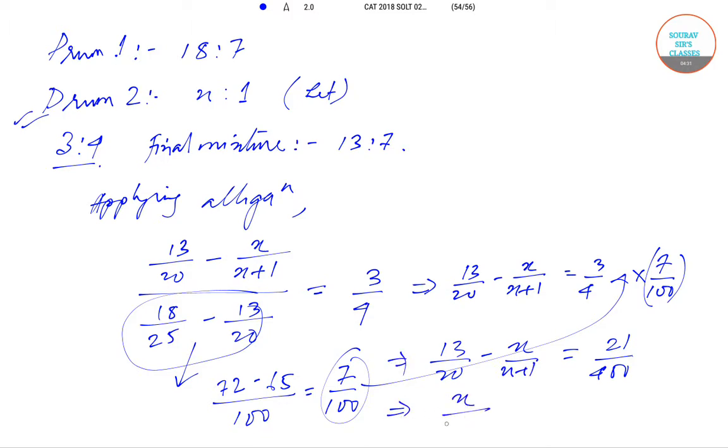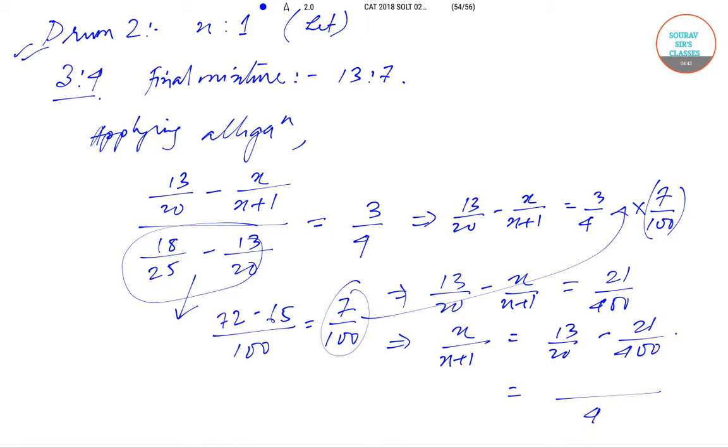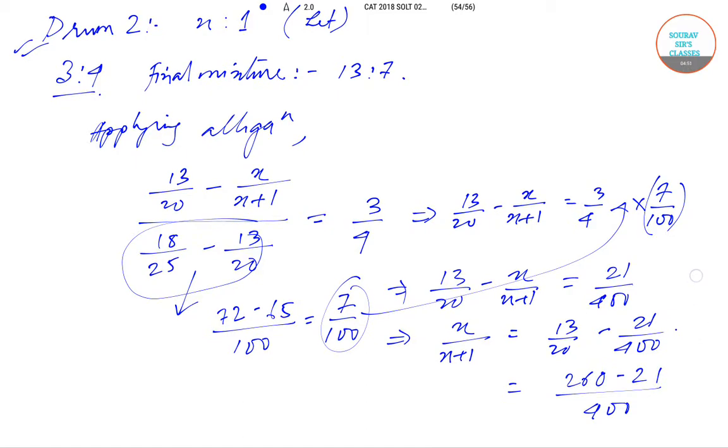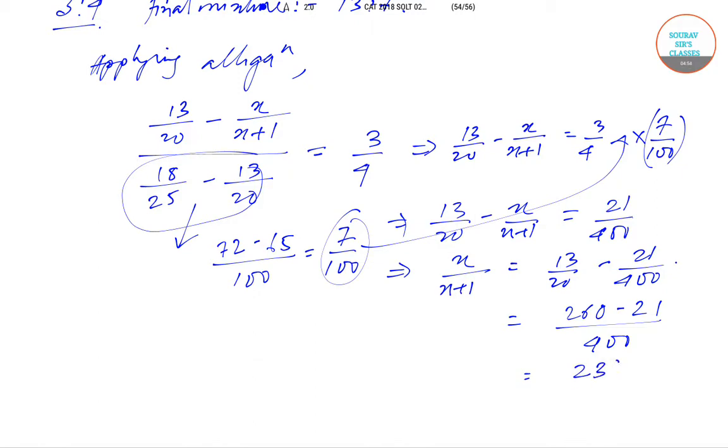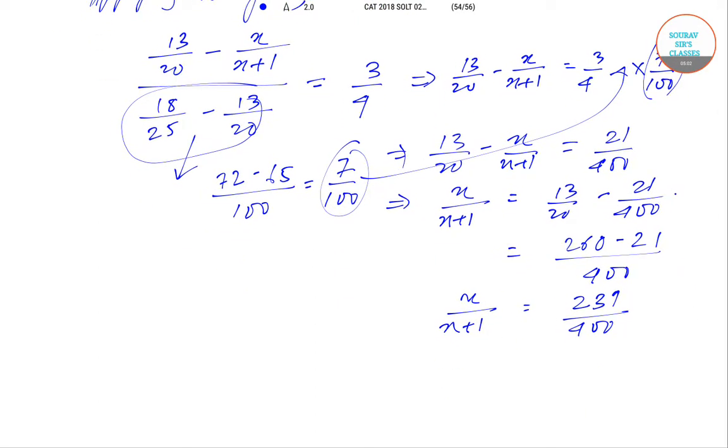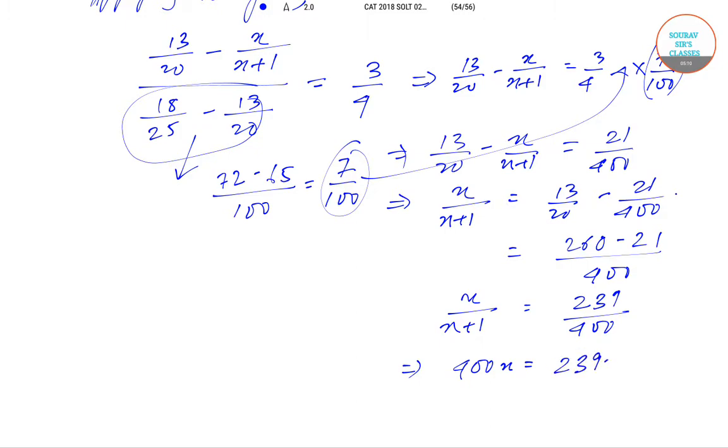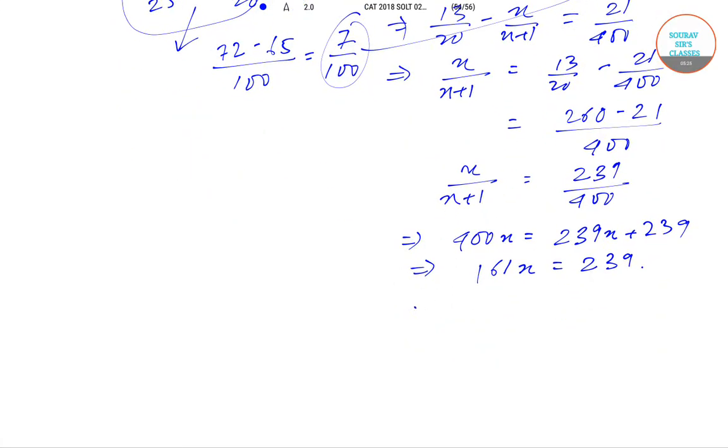Now if we solve for x/(x+1), this would be equal to 13/20 minus 21/400. Let us solve this. 400 will be the LCM below, and this will be 13 into 20, which is 260, minus 21, which will be equal to 239/400, which is equal to x/(x+1). Now this gives us 400x is equal to 239x plus 239. So this will finally give us 400 minus 239, 161x is equal to 239, and this gives us that x will be equal to